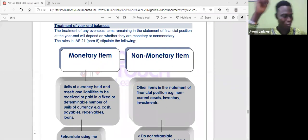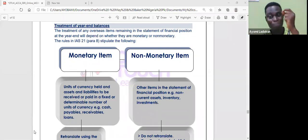However, there is one more thing you need to learn, and that is the last thing. If it is PPE and is carried at fair value, you will retranslate using the spot exchange rate at the date the fair value is determined. And that is the end of IAS 21. But I will use a question to demonstrate that. So let me say that